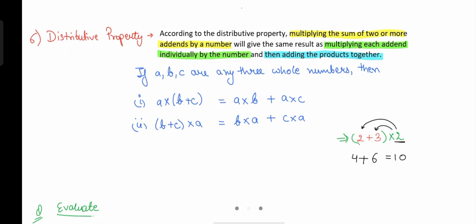Now if you want to see where we are going to use this property, because we can simply add this up, or we could simply find the answer for this by the BODMAS rule, then how do we use it? What is the purpose of it? What is the benefit of it? Let's talk about it. So we will understand all of this with the help of one question over here